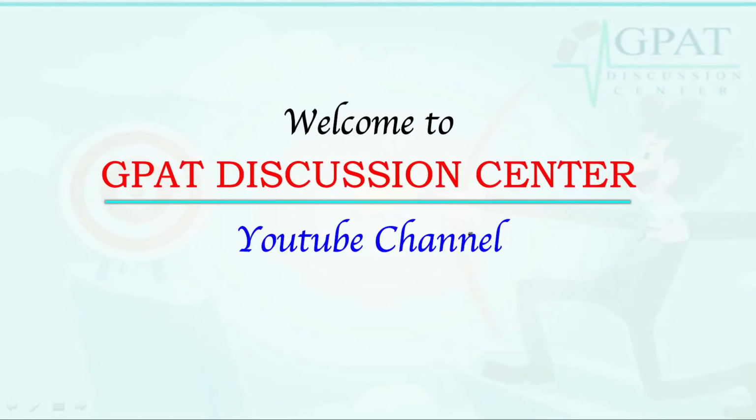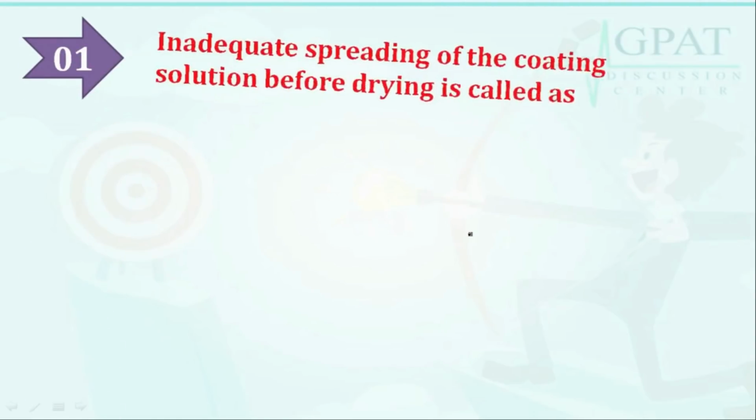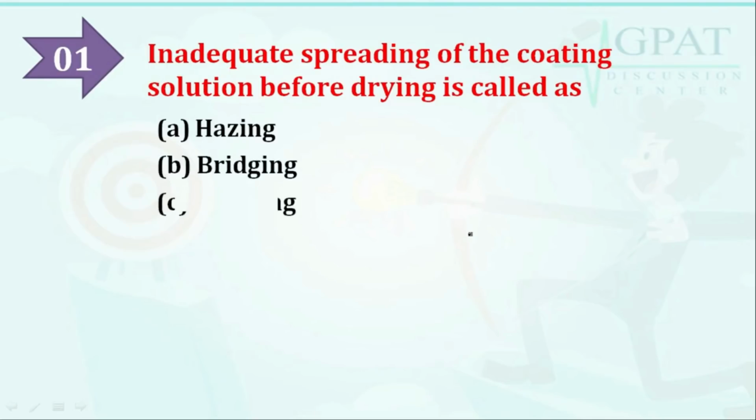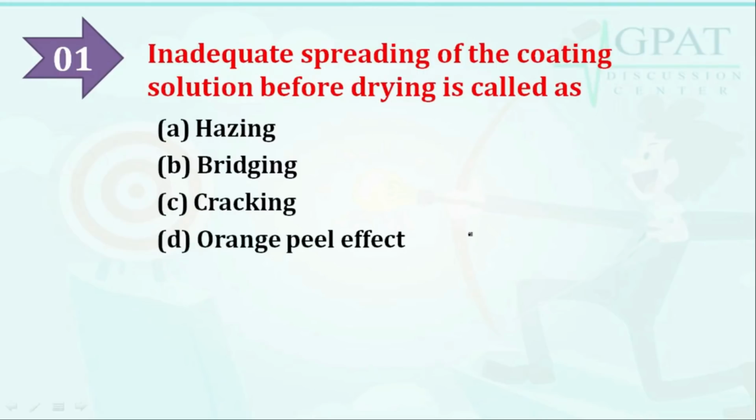So today in this video we are going to cover some questions with their brief explanation. The first question is: inadequate spreading of the coating solution before drying is called as? Options are option A hazing, option B bridging, option C cracking, option D orange peel effect. Inadequate spreading of the coating solution before drying is called as, and the correct answer is